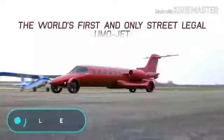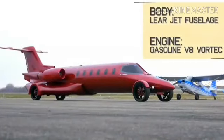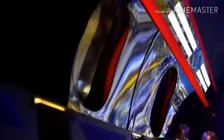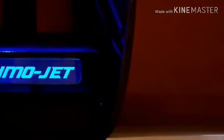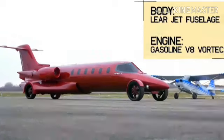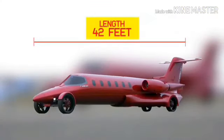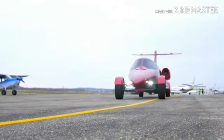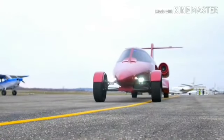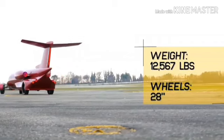Limo jet. The vehicle you see on the screen is probably the most unusual limousine on the planet. In August 2018, specialists from the American company Jetsetter finally finished the project, which was launched 12 years ago. However, the engineers claim that the resulting device is worth every day spent on it. The limo jet is a hybrid between a Learjet aircraft and a limousine. Of course, the jet engines had to be removed, and instead the vehicle was equipped with a V8 Vortec gasoline